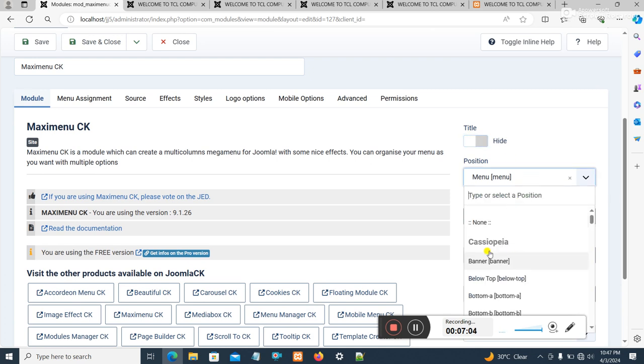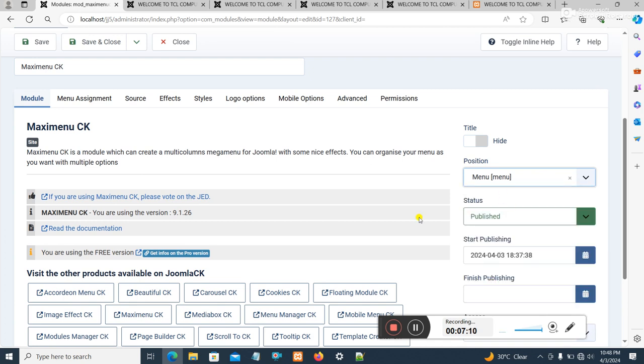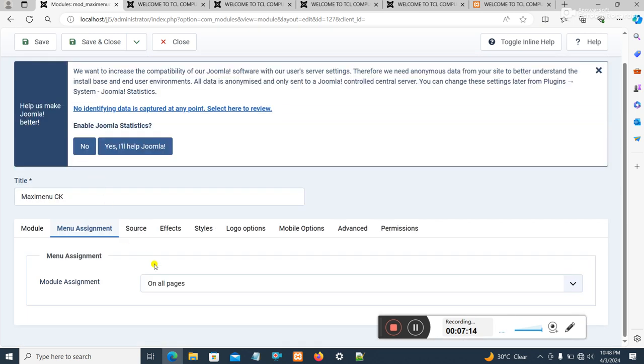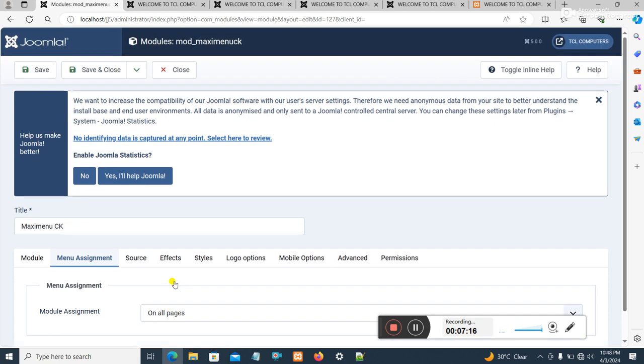Then I have to be sure that it's under Cassiopeia. Then I'm going down to set the position at menu. So position is pointing to menu. You don't really have much to do here, except you just come here and say it should appear on all pages. So once you've done that and you click save,